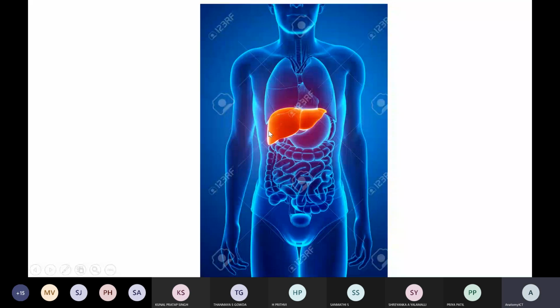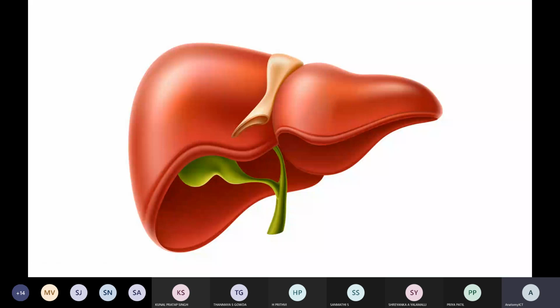Now, this is exactly the three-dimensional view which I have shown here. So we can divide the liver for study purposes, and we can study how the liver divides into lobes. For study purposes, the liver is mainly divided into two lobes. The major division is by means of this particular white part. Towards the right side is the right lobe, and towards the left side is the left lobe of the liver.